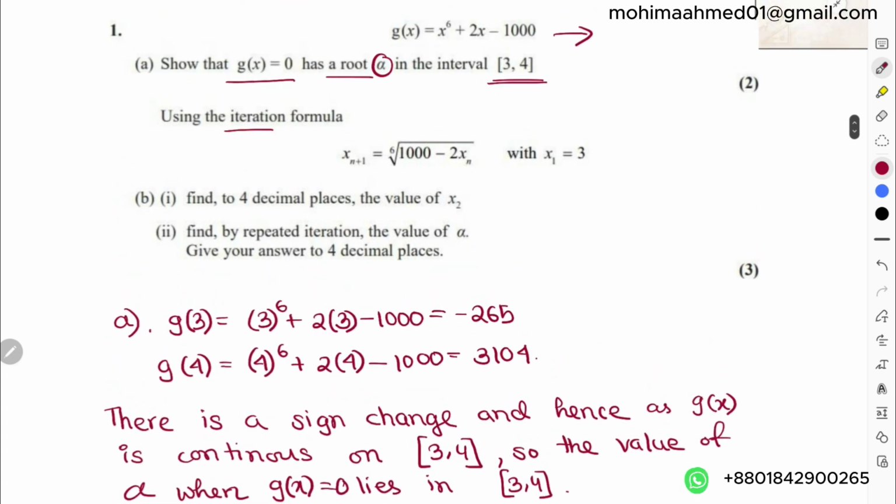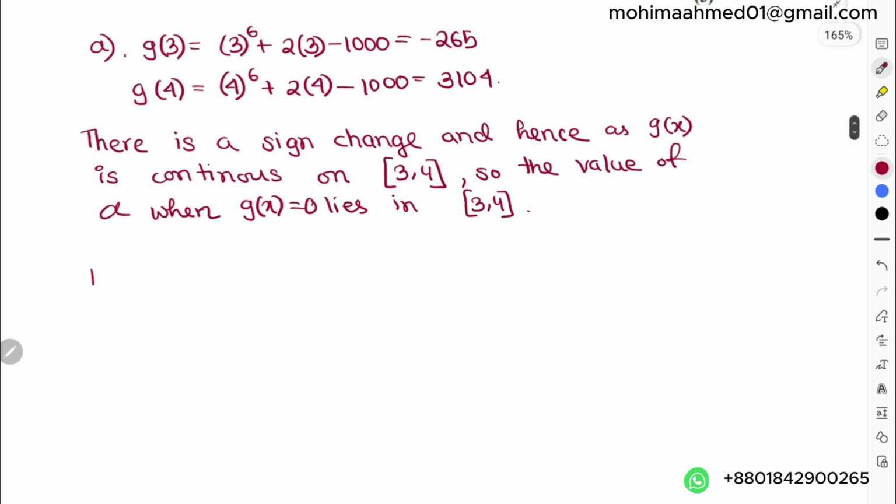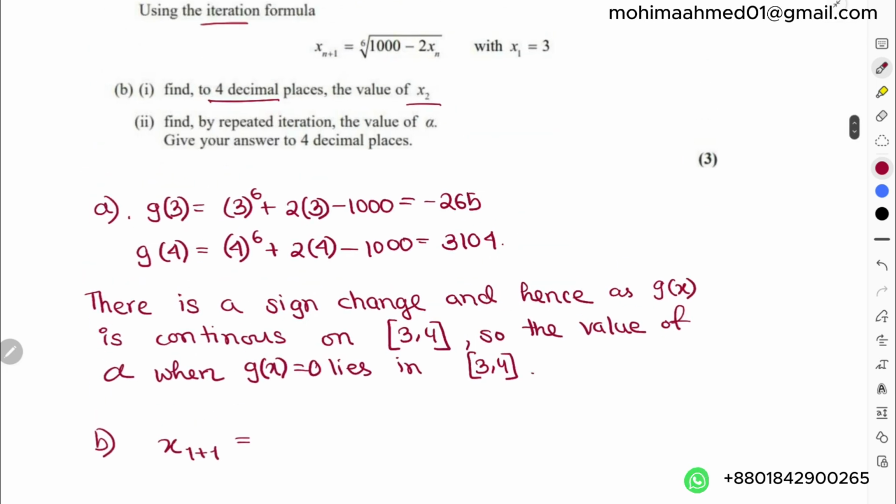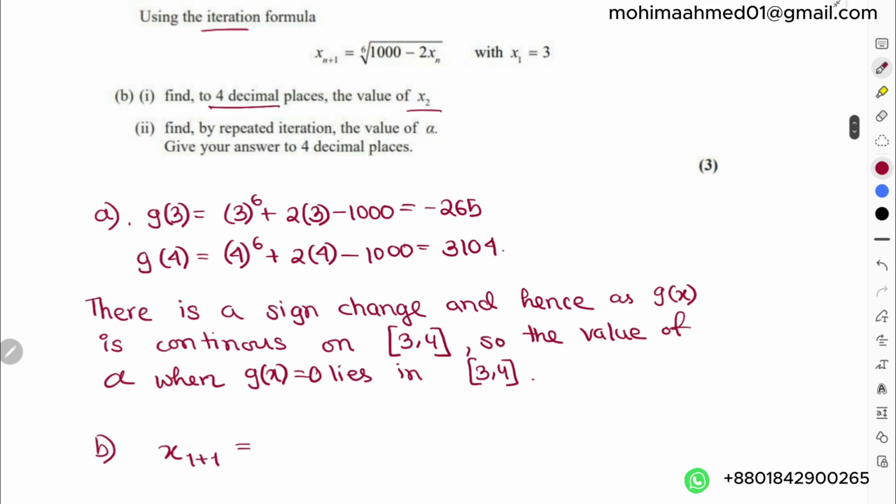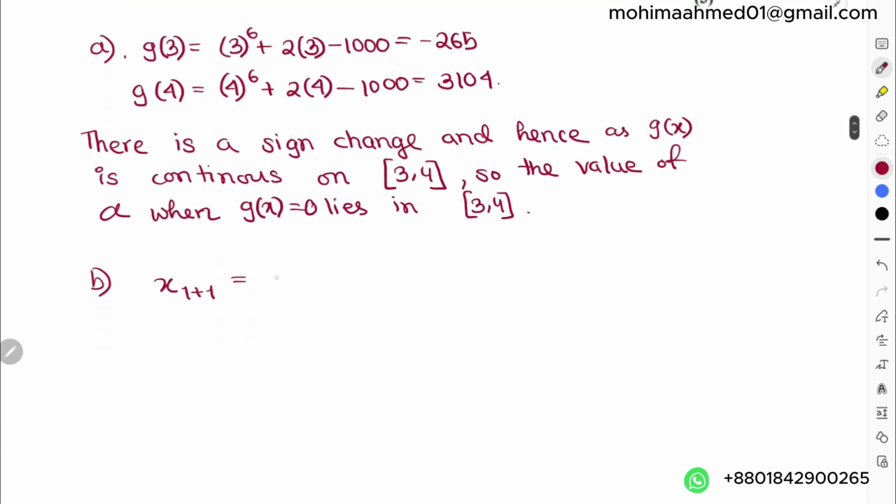After this, using the iteration, calculate this. It is already stated that x1 is 3. So to 4 decimal places, find x2. For part B, x_(n+1) is going to be the root of 1000 minus 2 x_n. So 1000 minus 2 times 3, with the root over. This is going to give you the value for your x2, which is actually